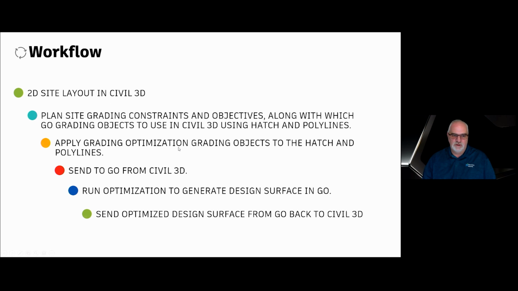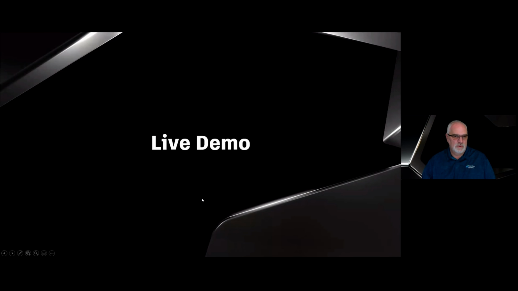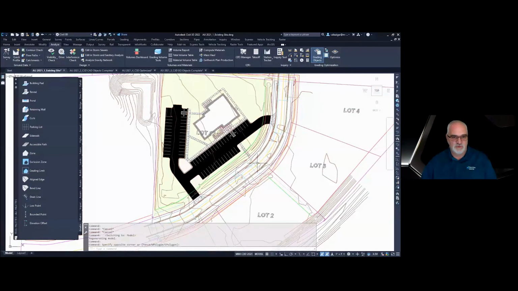Applying grading optimization grading objects to things like hatch and polylines, and then sending it to GO from Civil 3D, and then running the optimization to generate a design surface in GO, and then sending that optimized design surface from GO back to Civil 3D. And with our time constraint, I'm going to jump right into Civil 3D.